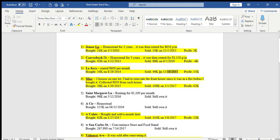So before I sold this property, I found on Craigslist 2 houses on one lot, which is property number 4. The nephew was posting the ad for his aunt. They were both rented. It was a rental property. They were separate dwellings. The front house had been in a fire,